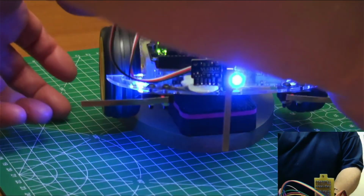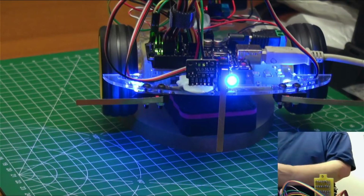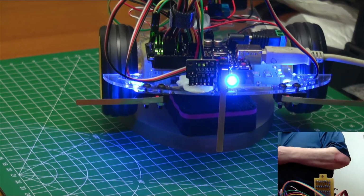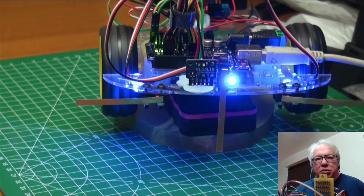So, plugging back in. Apologise for the microphone noise again. Like I say, I want to do these tutorials on the fly if possible. So, going back to our software,